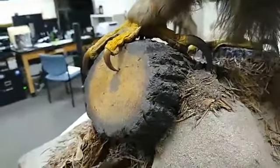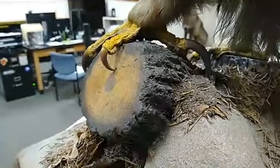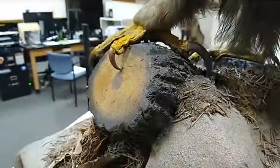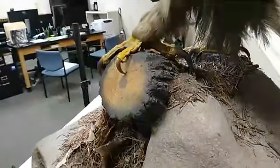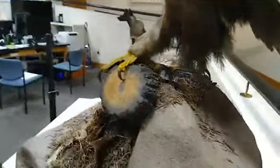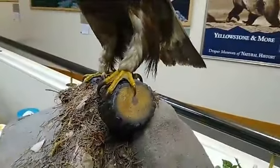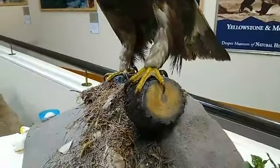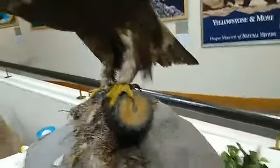And I'll show you another example here in just a little bit from another taxidermy that has some terrifyingly sharp talons. So these birds have incredible gripping strength, and that's what helps them take down really big prey. But it's also beneficial if you're taking something that's a little bit smaller, like a rabbit, because having powerful feet and those sharp talons means that you can take them down a lot quicker. That's less energy that you have to spend, and it's less time that that animal can fight back,